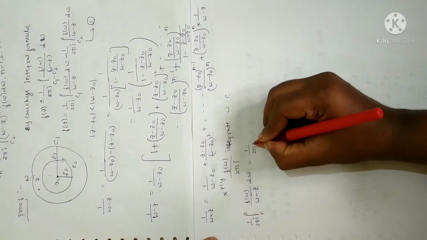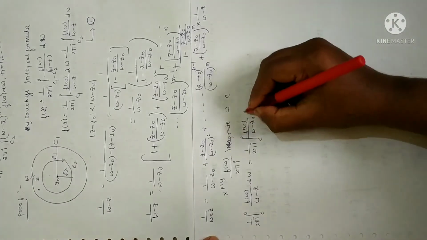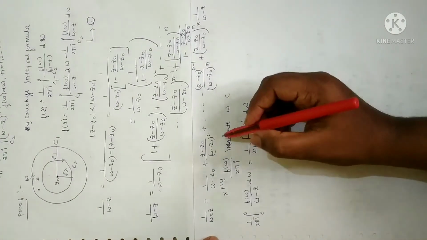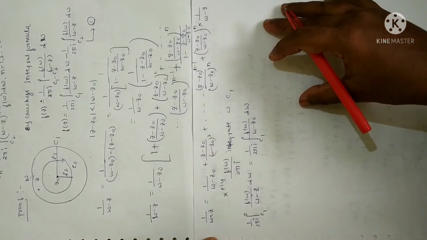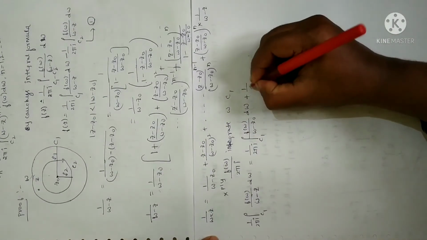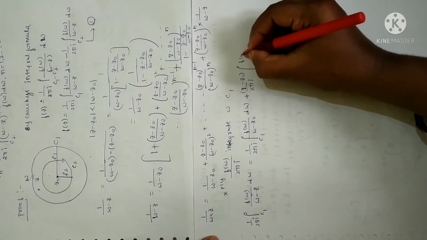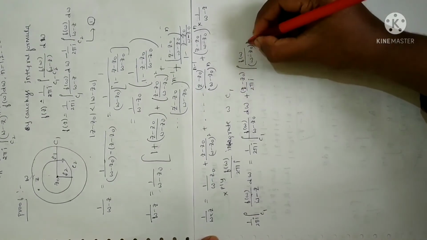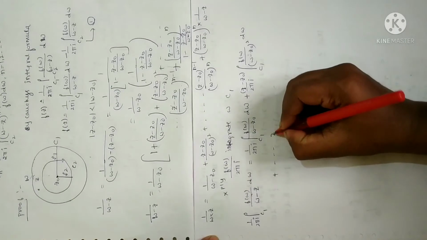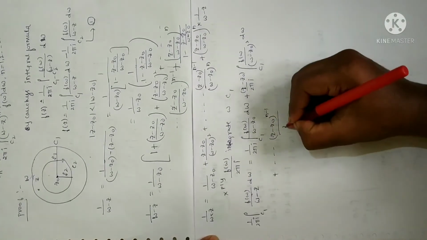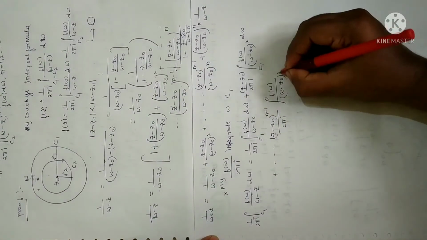You will get 1 by 2 pi i times the integral of f of w divided by w minus z naught over the curve C1. Why? Because we have two circles here. For the first case I am going to integrate with respect to C1, next I will integrate with respect to C2. So dw, plus the second term 1 by 2 pi i, since z minus z naught is constant, z minus z naught times the integral of f of w divided by (w minus z naught) whole square dw over C1, plus so on. This term can be written as (z minus z naught) to the power of n minus 1, constant, multiplied by 1 by 2 pi i, integral of f of w, with denominator (w minus z naught) whole power of n,